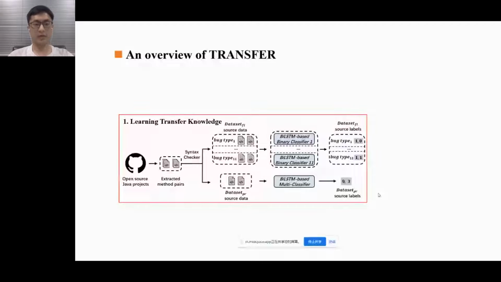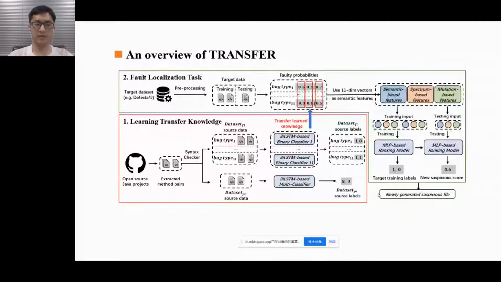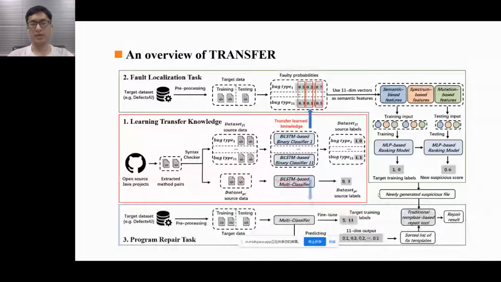And for the PR task, we feed dataset PR to a multi-classifier to learn the probabilities of different types of bugs. The second phase is the FR task. For each suspicious statement in the target project, the already trained binary classifiers are used to generate deep semantic features, which are then fused with other two types of dynamic features by an MRP-based model to generate a new suspicious file. And the third phase is the PR task. We use historical data to fine-tune the multi-classifier, which is then used to predict the probability of selecting each repair